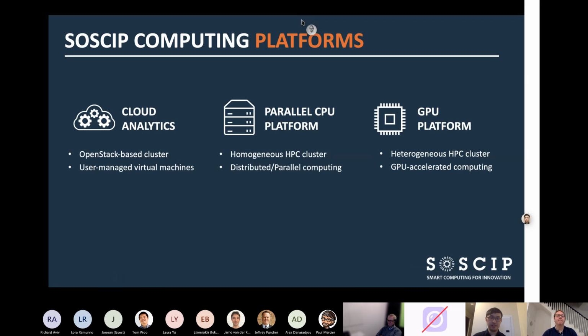All right. So at SOSCIP, we offer 3 different platforms. The first one is very common, and it's a cloud-based, OpenStack-based cluster. So it's not much different if you compare it with AWS or Google Cloud. It's just a platform that provides you a user-managed virtual machine. So you get full control of the virtual machine.